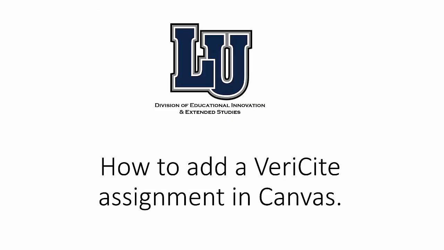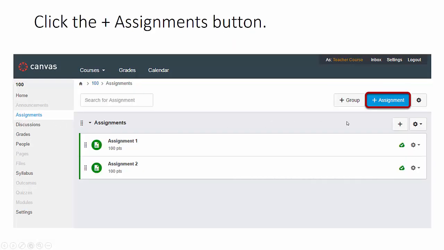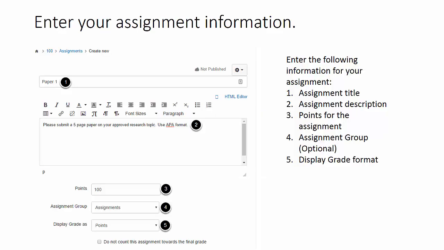This tutorial covers how to add a VeriCite assignment in Canvas. In Canvas, go to Assignments. Click the Assignments button to add an assignment. Enter your assignment information and you will do the following: